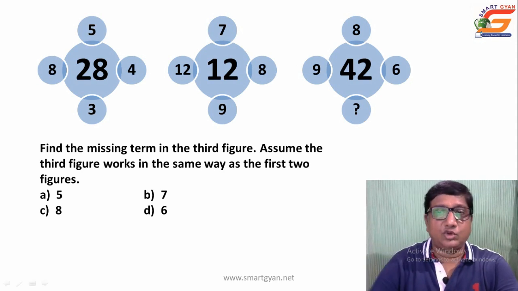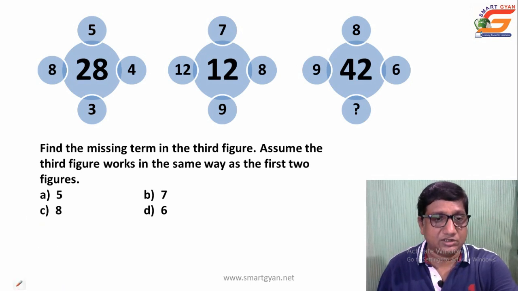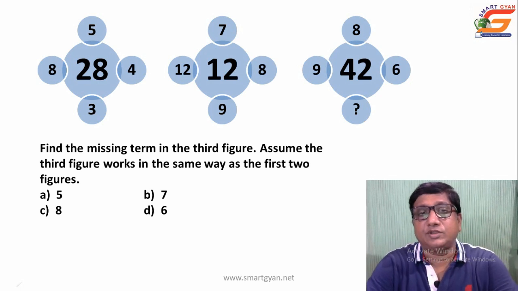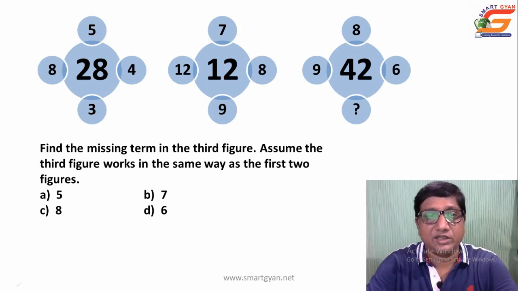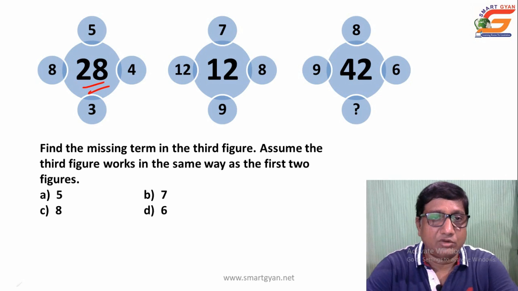here is one more type of figure, one circle surrounded by 4 circles, that is interconnected circles. Okay, but they are separate, all 4 outer circles are separated from each other. So how to approach this? The central figure seems to be the resultant figure here. This is the more important thing: the central figure is the resultant figure. So when the central figure is the resultant figure, then the outer figures are used in the operation. So let us operate.